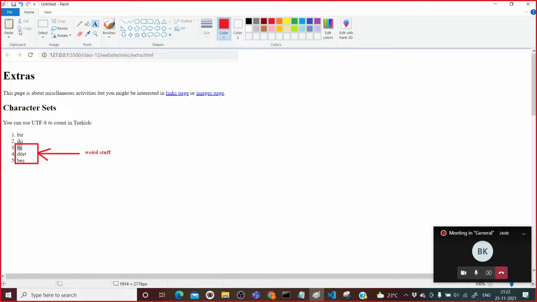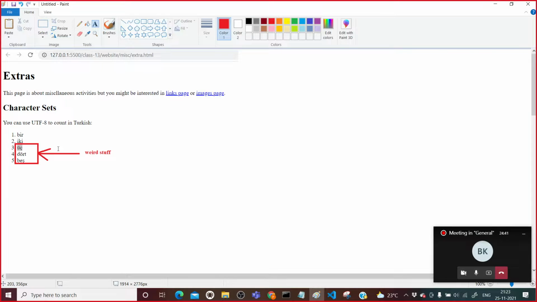We can use UTF-8 to count in Turkish. So UTF-8 is an encoding mechanism for the character set in our web page.